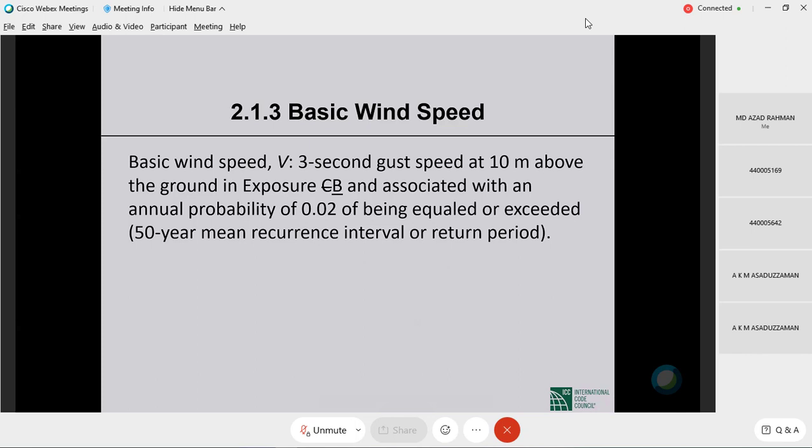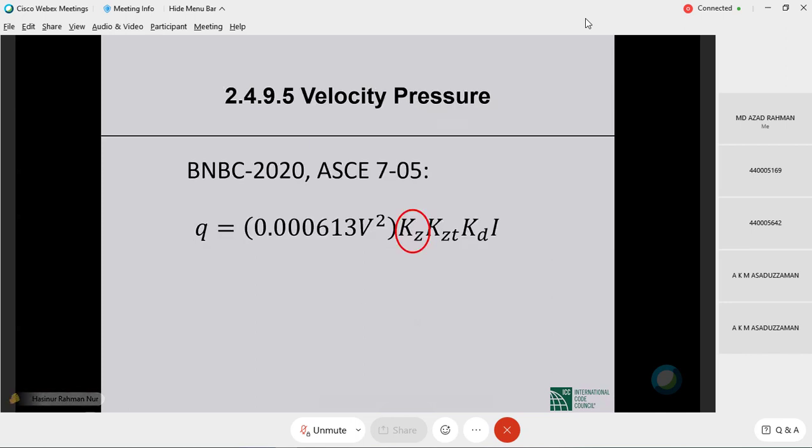You have to constantly remind yourself that when you see exposure B in ACI 7, it means exposure A of BNBC 2020. When you see exposure D in ACI 7, it is actually exposure C in BNBC 2020. You always have to mentally do this translation, which is an unnecessary complication. So I kind of wish it were not done, but it has been done. Okay, so